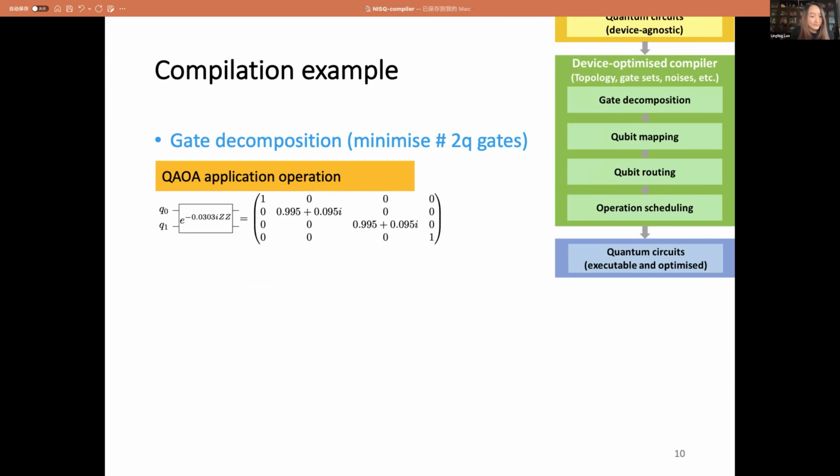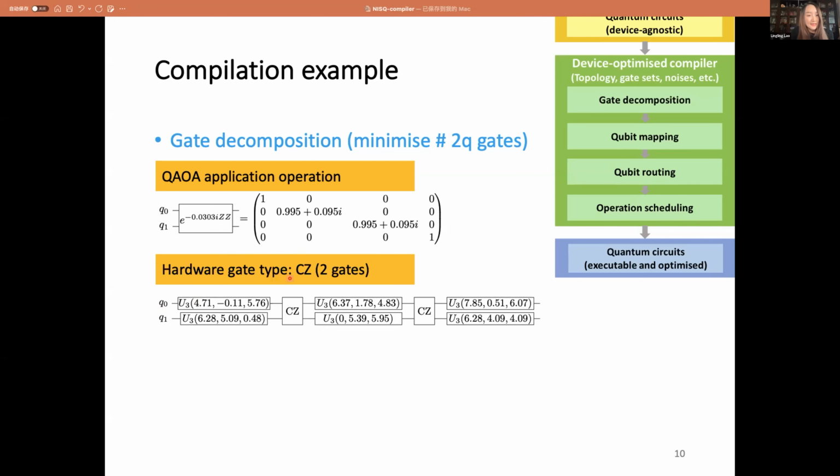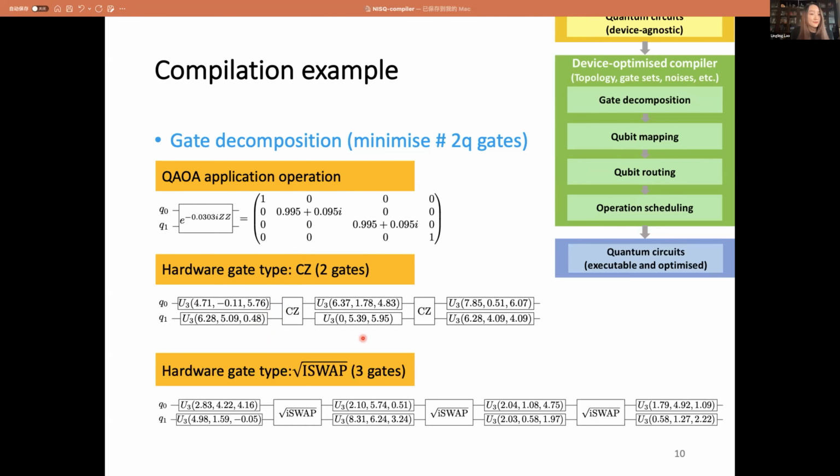We have to decompose it into the native 2 qubit gate set. If our native 2 qubit gate is the CZ gate, then we can decompose this unitary into a small sub-circuit, which has 2 CZ gates. And if our native hardware gate is the square root iSWAP gate, we can perform a decomposition that requires 3 square root iSWAP gates.